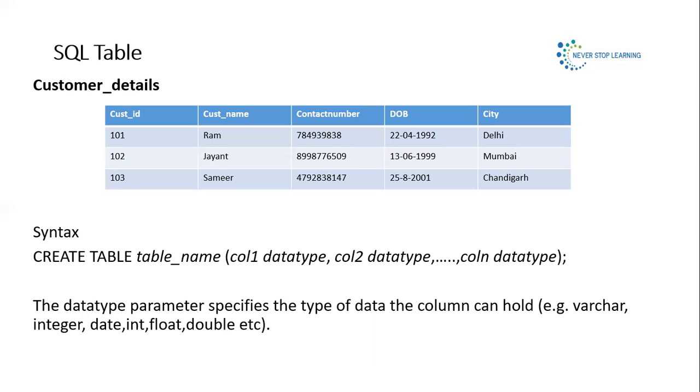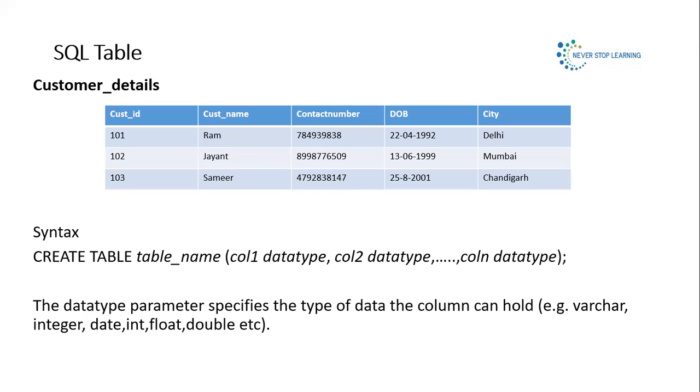For now, just understand three important data types. The first data type is integer, which we are going to use. Integer can hold numbers, and for integer we write int, in short form. Then for string and for character, we have variable character, varchar. This varchar you can give with a size, which I will explain in more detail in the data type video series. So whenever I want to use a string or a character, I will be using varchar.